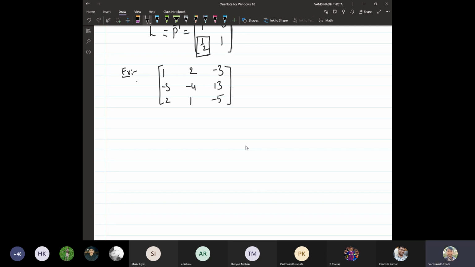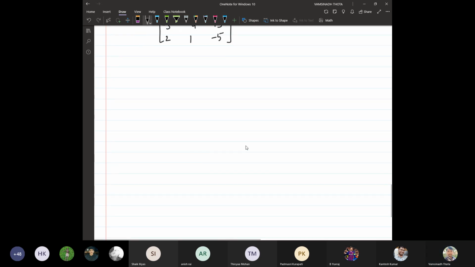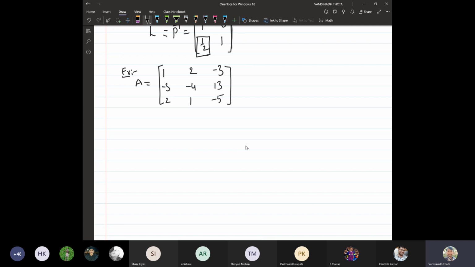First thing, let me assure you that the LU decomposition for this matrix exists. We can do it. Okay. But how we can say that, I will explain tomorrow. What are the sufficient conditions? I will explain tomorrow. First, let us do the decomposition. So first thing, let us consider the augmented matrix, I and A. The first row is not going to be changed, so it will be as it is.